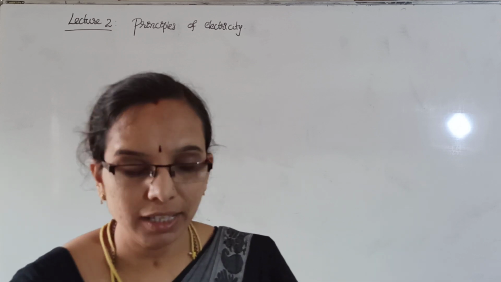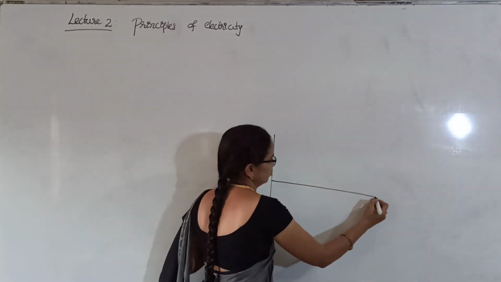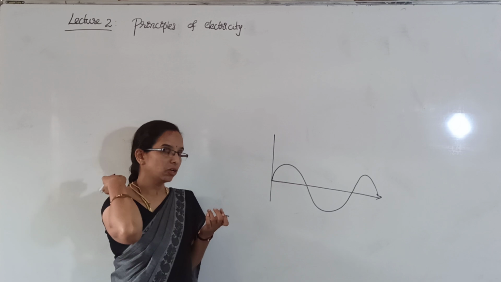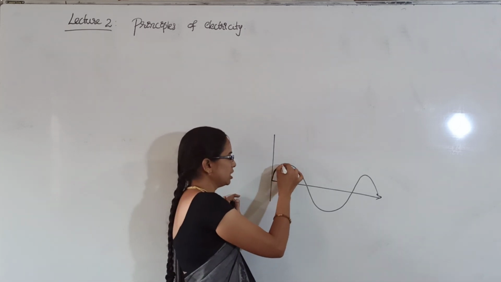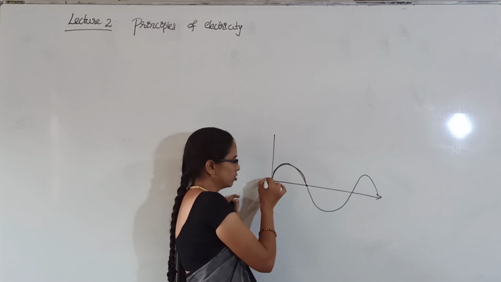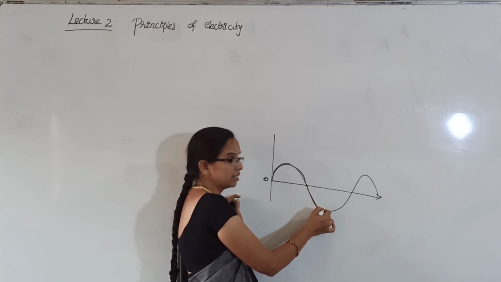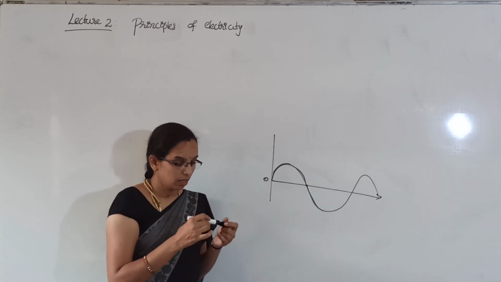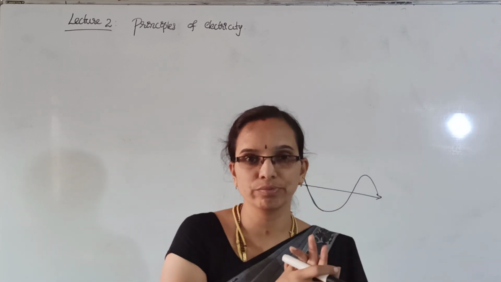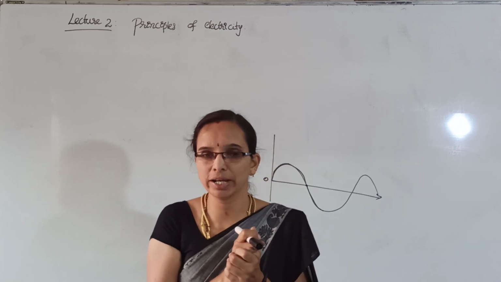Okay. See, one question arises. The AC current will not remain constant. It will be changing, reaching the highest position and coming down. Then it will reach zero value and again increase in the negative direction, something like that. When the voltage becomes zero, that means switched off. Voltage becomes zero means what? The bulb should not glow, right?